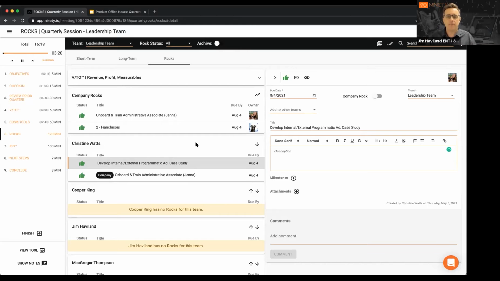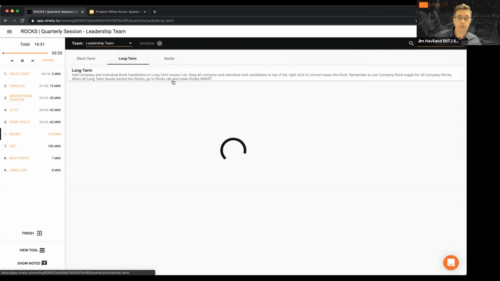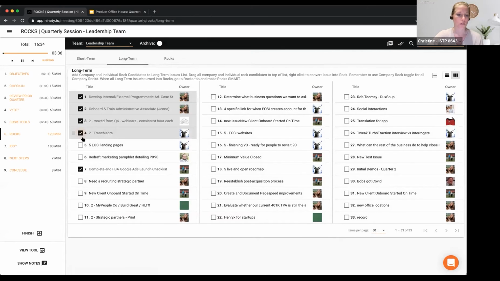Convince me, and I do it lovingly, because I want to make sure we're all spending our time in the best possible way, because it's our time to devote. And no one feels alone. We can all support each other in getting these rocks done if we all understand what the outcomes are going to be. Definitely. So usually what we do is we end up creating them, checking them off.